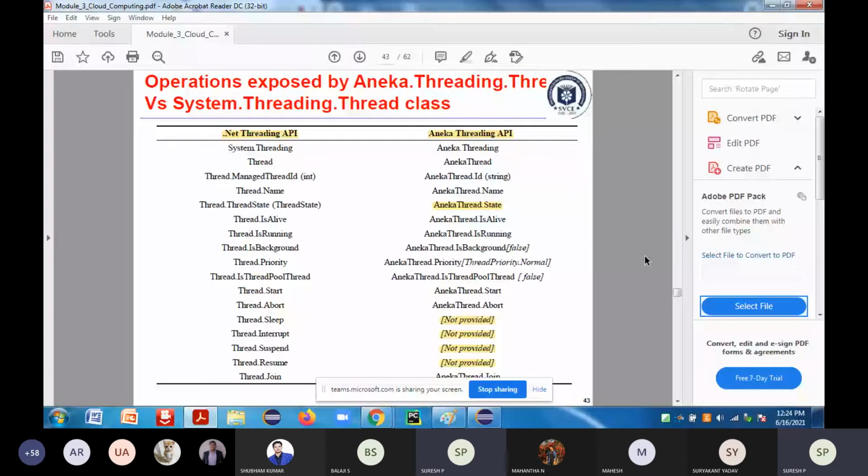So if I put that particular thread to sleep for that particular duration of work, no work will be running in that particular node. Even if no work is running, I still have to pay for the infrastructure which has been purchased or rented for that particular purpose at that particular instance of time. So that is the reason why the interrupt operations are not supported by your Aneka. Okay.